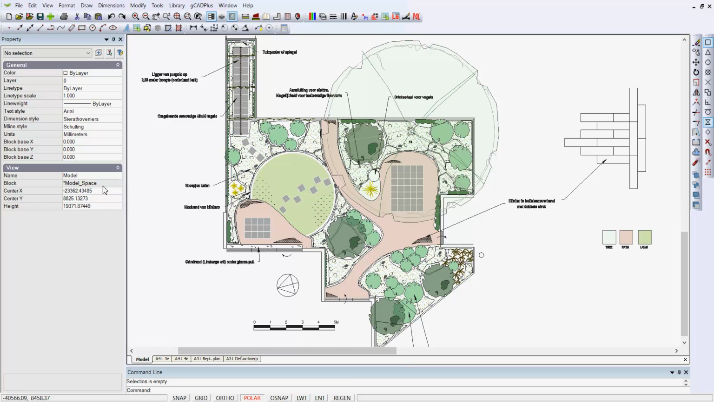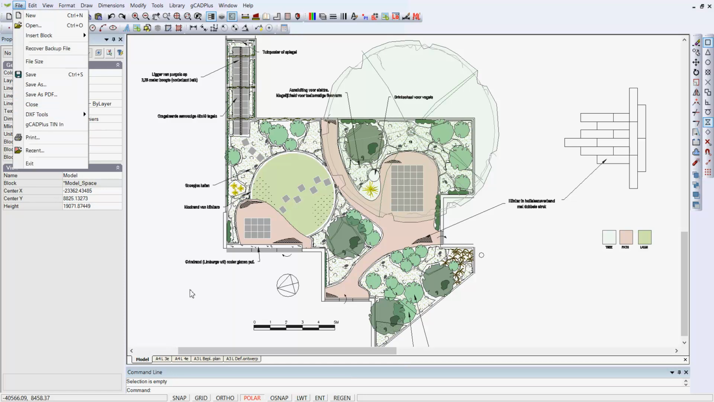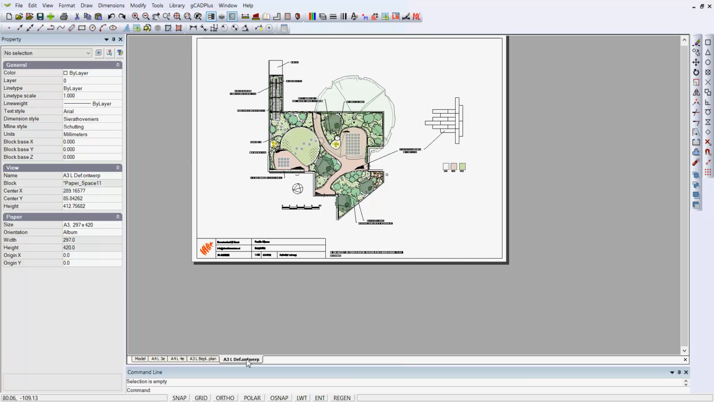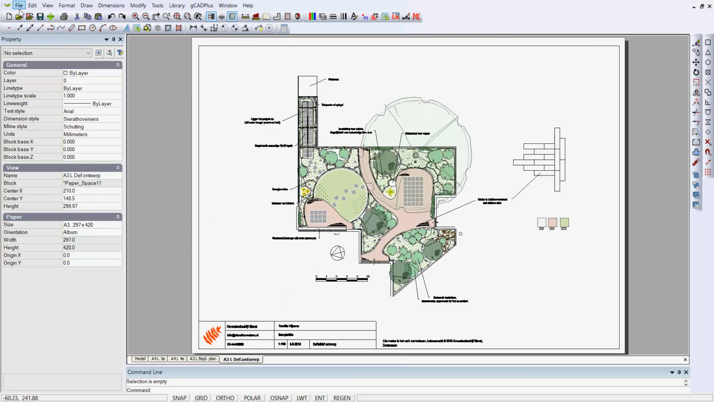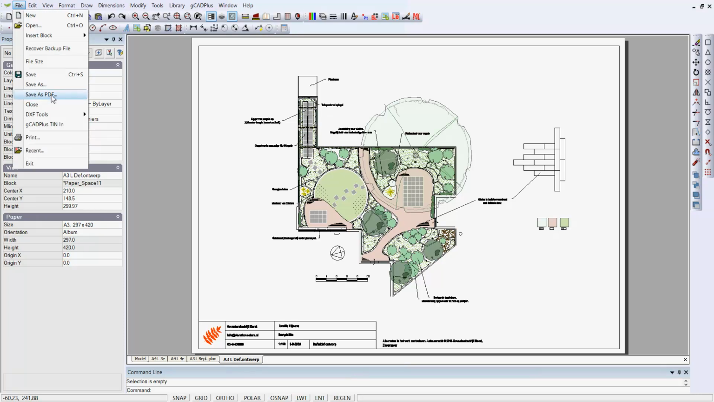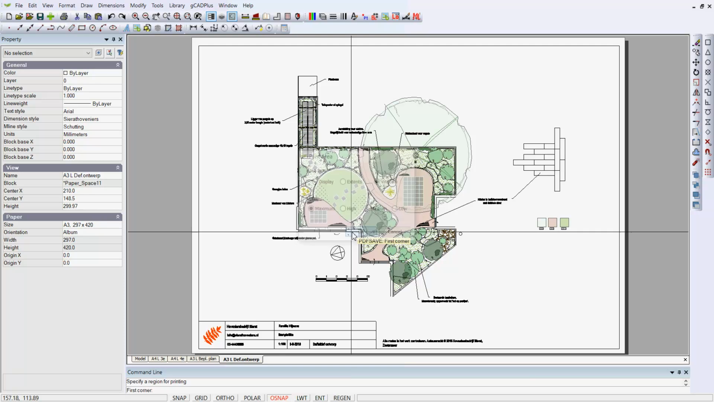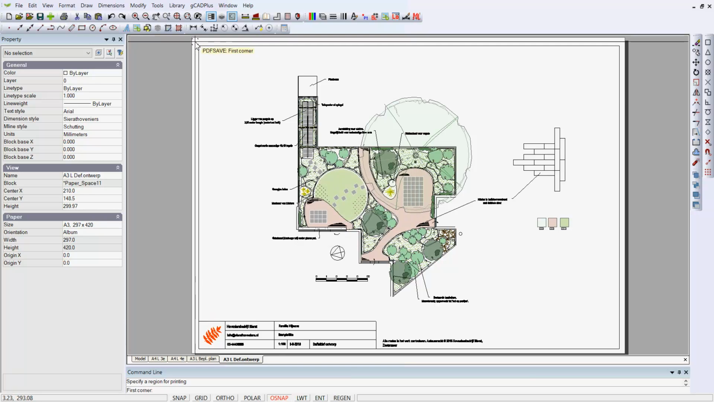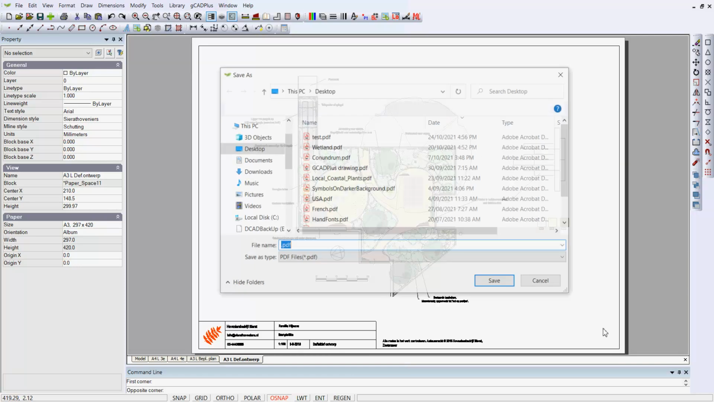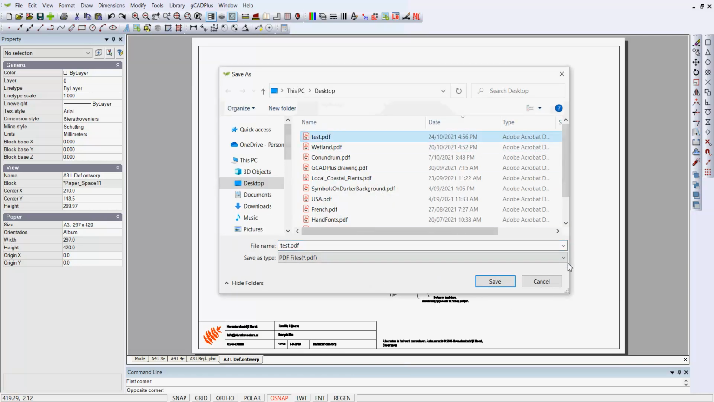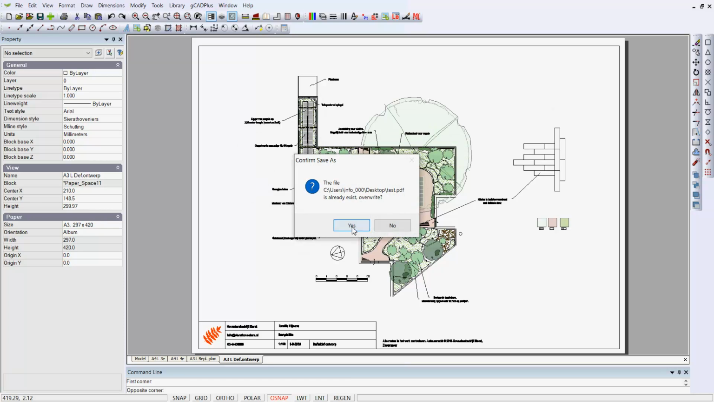That's why we've given you the option to say file and save as a PDF, and if I go back here we can say right click, zoom extents, and we can go file and save as a PDF. We can pick window and maximum, and we can put a box around the drawing sheet, and we'll just call it test, put it on the desktop, and